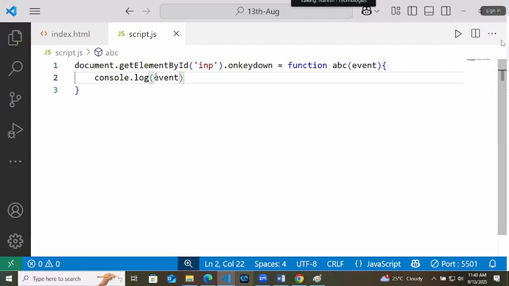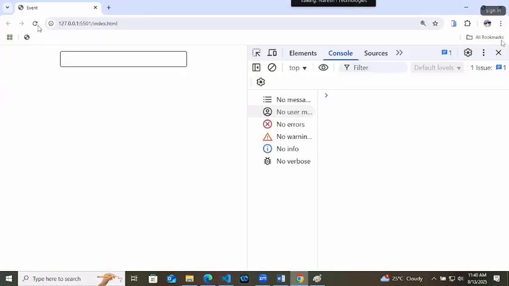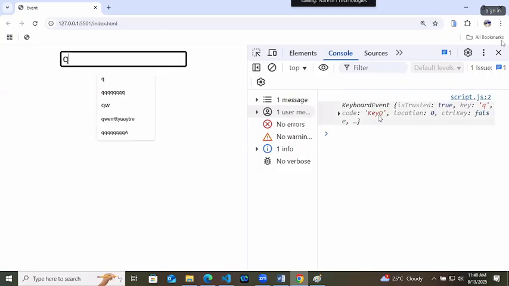We don't know what this event is, we are just printing it. So let's go to the console now. Refresh. Here I will type something. Here it is printing a keyboard event.